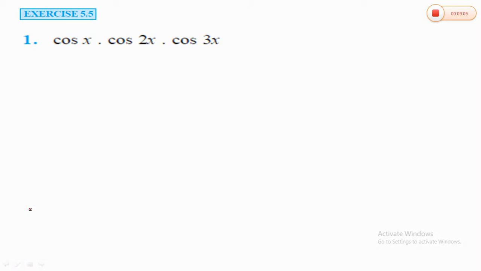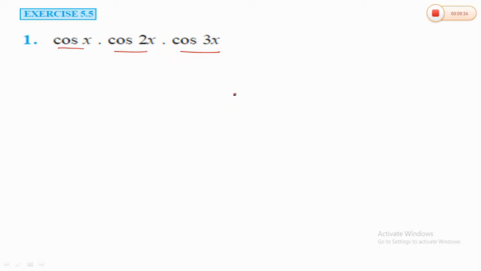Now going to exercise 5.5. Observe here. To differentiate this, cos x is one function, cos 2x is one function, cos 3x is one function. Therefore, it is a product of three functions, the product of three expressions. So, as I told, when the function contains more than two, this problem can be solved